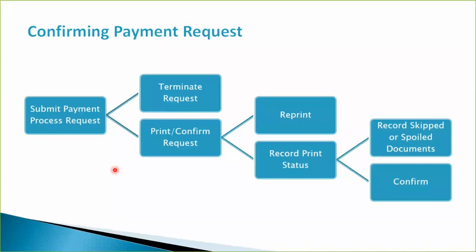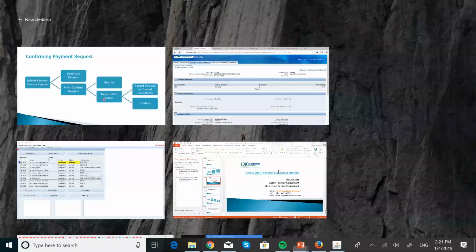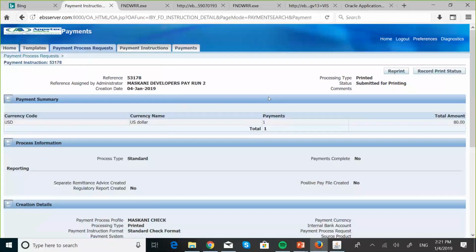Now going back to our slides, we have done this. We clicked the print button. Now what are the next options that we have? We can do a reprint, or we can record the print status. So if you're going to reprint